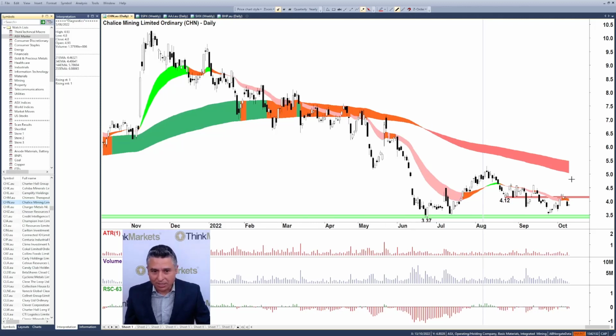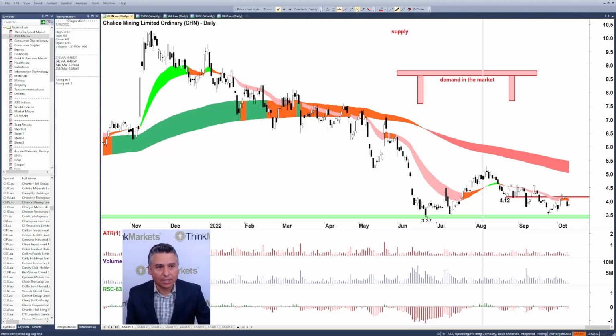It's a little bit like the bouncing ball pattern. So imagine you've got a table. Okay, here's our table. There's the tabletop and there's the table legs. And imagine that the table represents demand in the market. Okay, and we've always got supply. Supply is ubiquitous, but when you have the price doing something like this, which is what this one is doing,